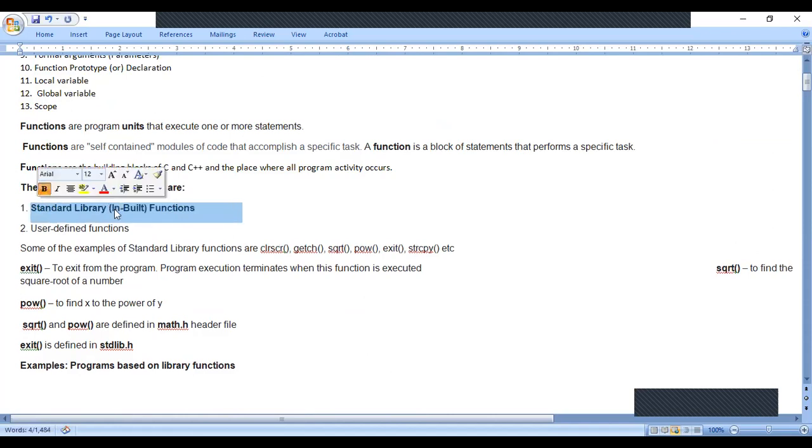In case of standard library functions, those functions we are not going to create. That means we use the software, like C software, C++ software, Java software, so we will not create these functions. When it comes to user-defined functions, we will create the functions. When we create the functions, we will come to know how to write the function, and how to modify it if necessary. Whereas in case of standard library functions, we will not modify anything.